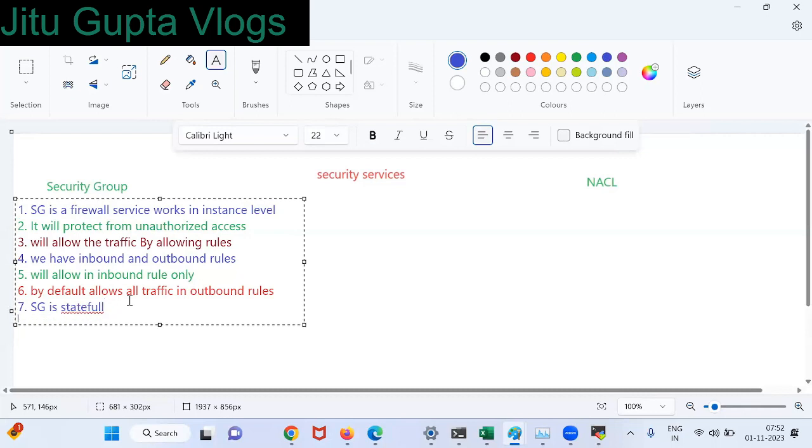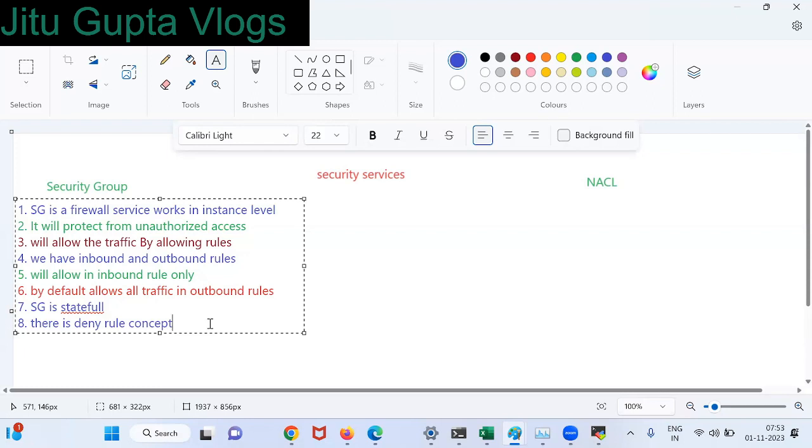Is there any deny rule for security groups? I mean, if you are allowing SSH 22, we are allowing. Is there any deny for 22, so it will not work in future also? Is there any option in SG? No option, guys. There is no deny rule concept. We have only allow. If you are not allowing, indirectly we are denying that.